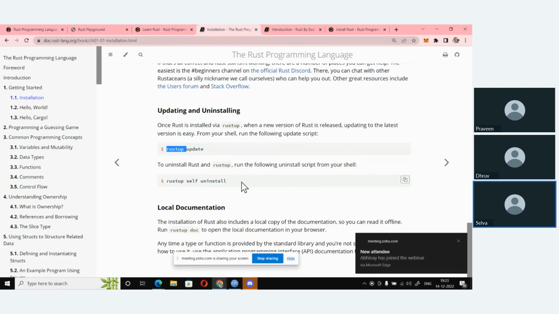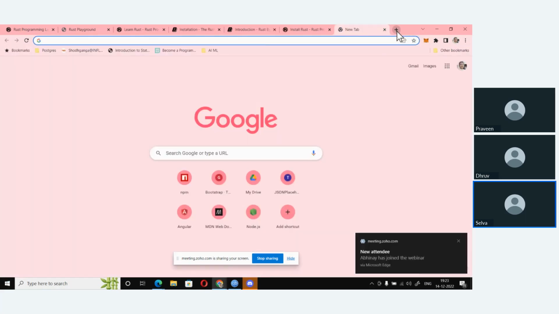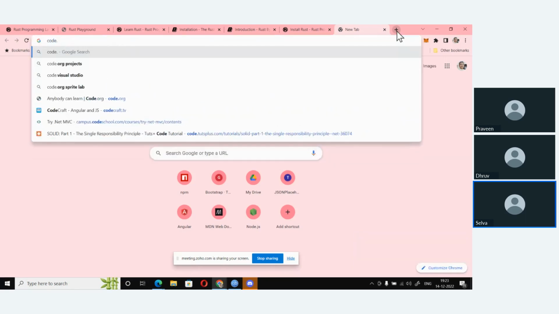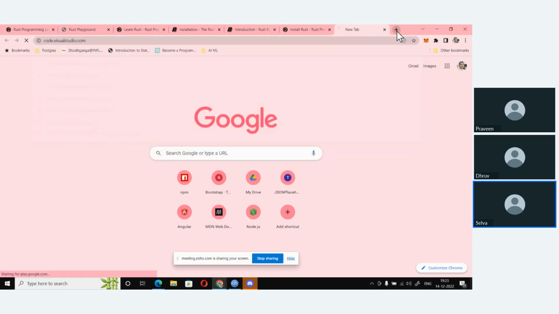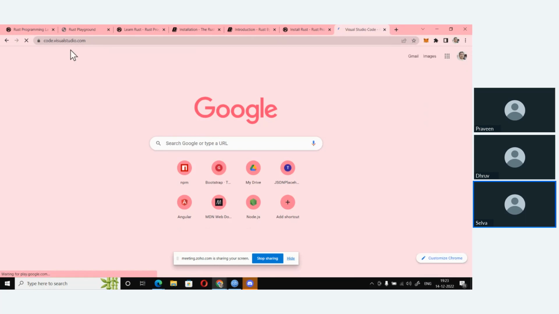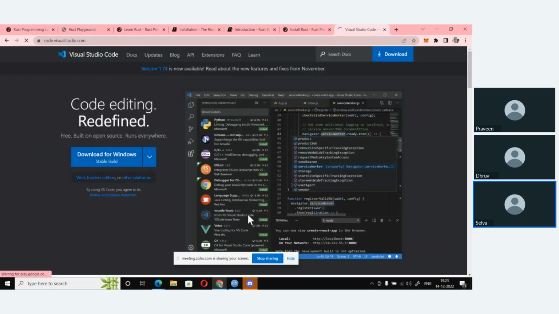And for the IDE, I'm going to use Visual Studio Code. You can go to code.visualstudio.com and download it for your platform and install that.